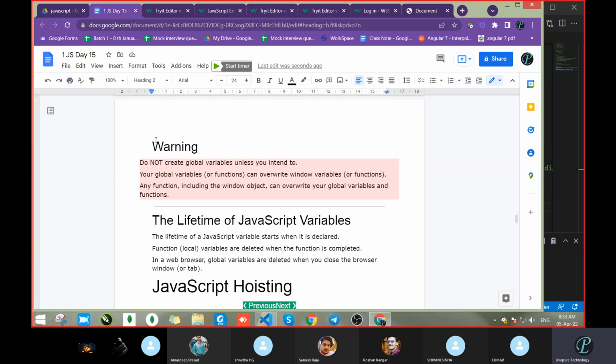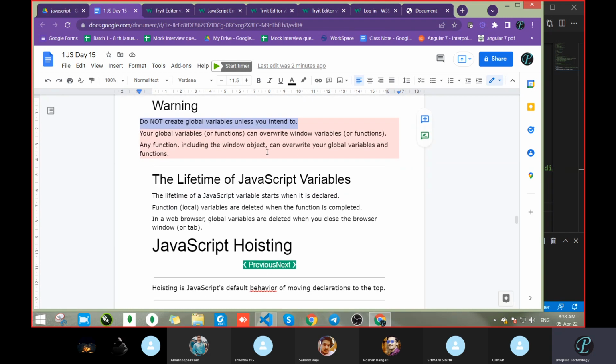So one warning is there. Let's see this one: don't create a global variable unless you intend to. It means if there is no requirement to create a global variable, don't create it. Create inside the function itself, whatever function you're writing. But if there is a requirement, then only go with the global variable. Otherwise, it will create a problem.